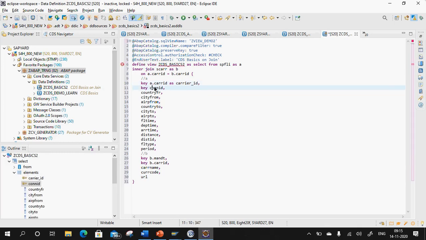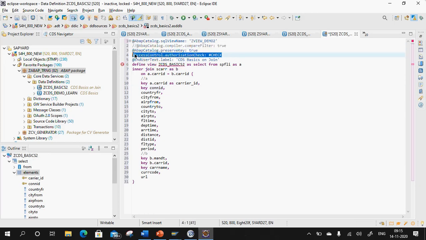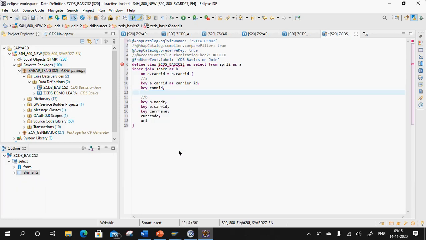Let me have conn_id, this will also be my key field. So @ABAP.catalog.preserveKey as true. I don't need this. Let me comment this. Authorization check, I don't need this. Let me comment this. Now this country from, this all I don't need.